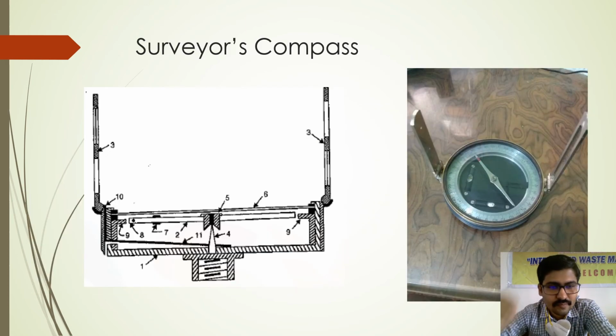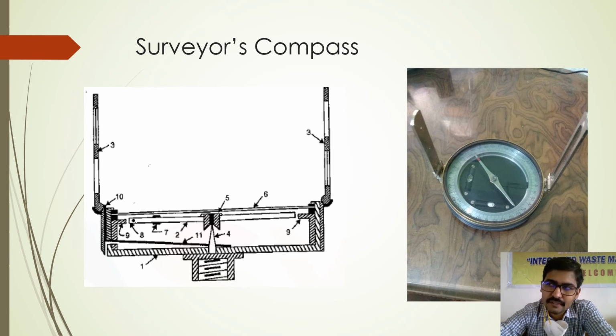Moving forward. So this is another type of compass which is called the surveyor's compass. You are not going to work with this compass, but for understanding purposes you need to understand what exactly a surveyor's compass is. It is almost the same as the prismatic compass. The only difference is that here the magnetic needle is free to move, right? So it is free to move and the graduated circle is attached to the box. So as the box rotates, the graduated circle rotates, right?